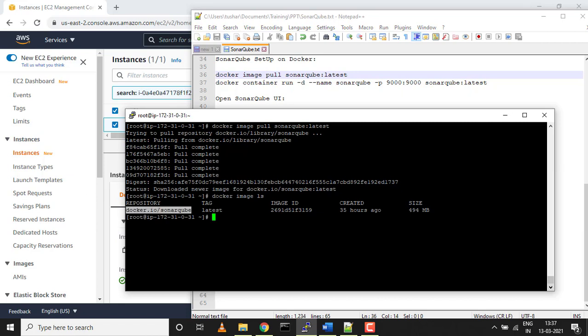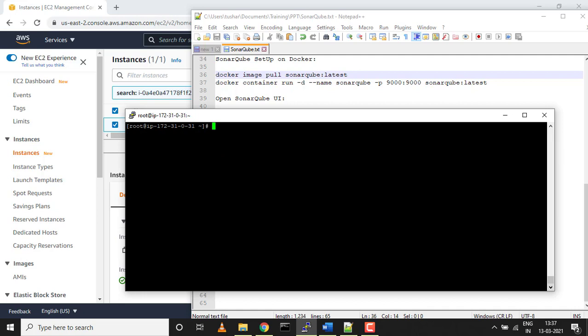Now we'll launch a Docker container wherein we'll have a running SonarQube server. The command to launch a Docker container would be docker container run -d, which stands for detached mode. I will just give it a name. All the commands which I'm typing will be in the description box, so if you want this code for reference, you can check there. SonarQube runs on port 9000, which is the default port. We'll stick with that; if you want to run it on a different port, you can do that. And the image we got is sonarqube latest.